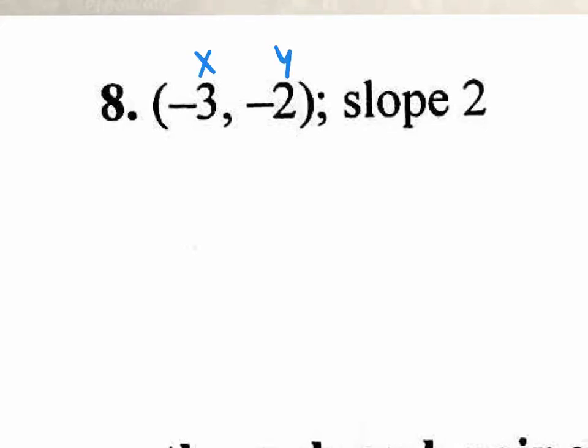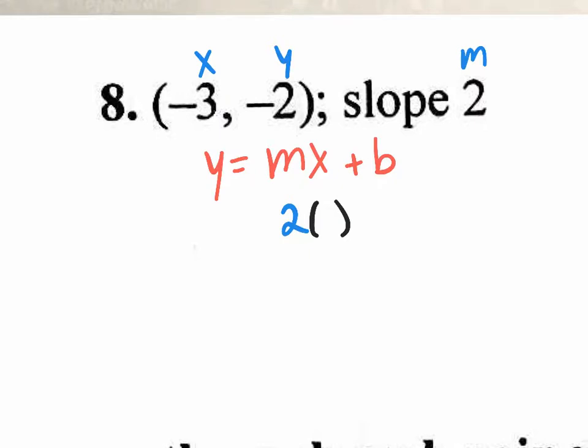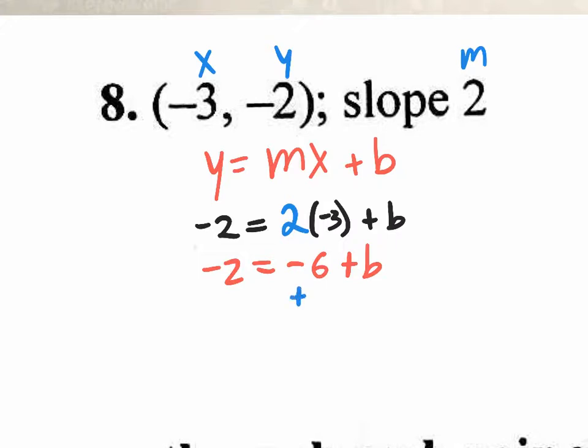Jump into this one, where you have y equals mx plus b. You know that your m value is 2, so you're going to put a 2 where the m's at. You know that your x value is negative 3. The equal sign's right here. The y value is negative 2. The b value, we're going to find out what that is right now by plugging everything in. Negative 2 equals negative 6 plus b. Let's solve it. So we're going to go plus 6,